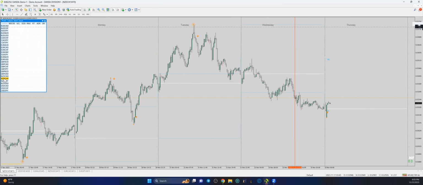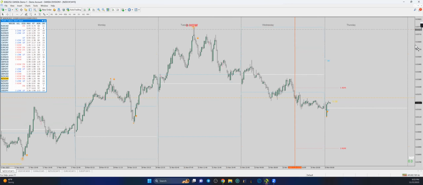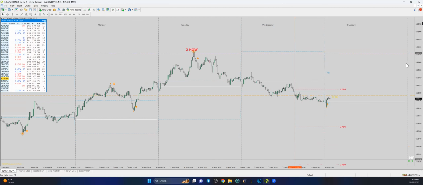Let's go to another one. NZ Chef. Again, this is not one that I would normally trade, but hey, if this is your thing, if you're looking at this and you're like, okay, this one looks like it's moving, then okay, get in this one too. Whatever floats your boat. The opportunities are endless with the indicator. So first things first, I always just check the first one, right? Now again,